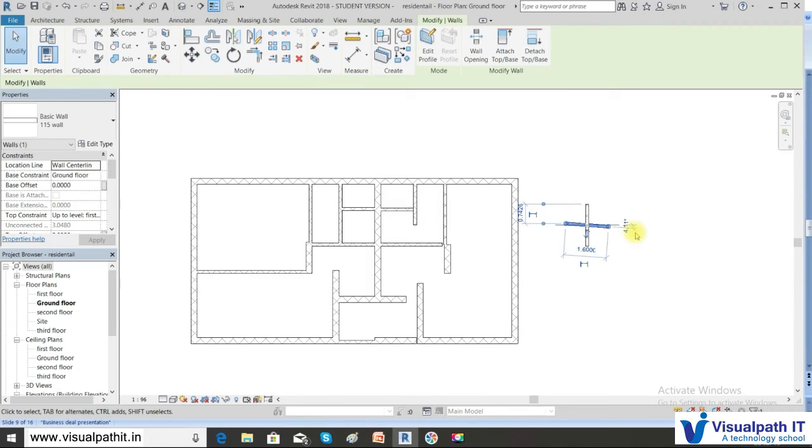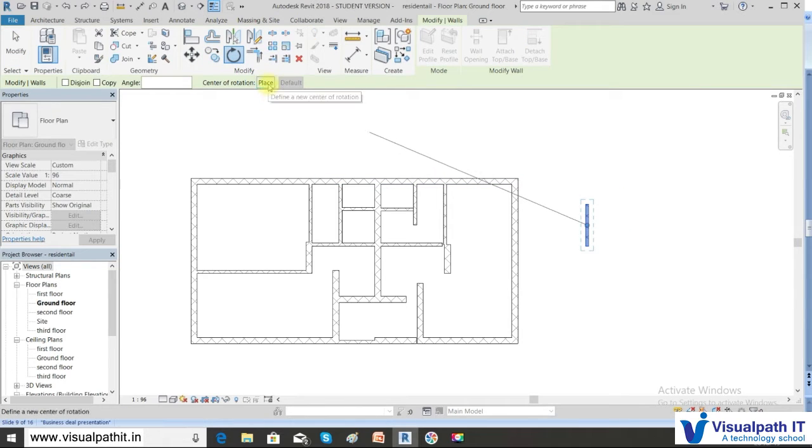Now what happens is it rotates about the center. Now I can change the center of rotation by using this rotate button, and if you change this place of rotation, then it may not be rotating by the center. So you can move the center of rotation by clicking the place. I am placing the center of rotation here.